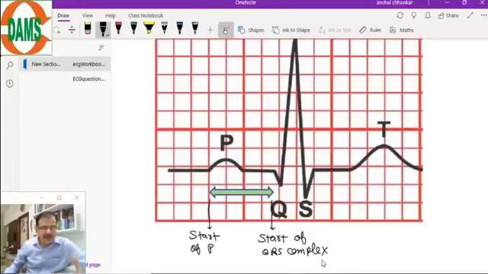And some of you might be asking, then why is it known as the PQ interval? Because in the QRS complex, the first wave is the Q wave. It is also a standardization that sometimes in the QRS complex you might not get a Q wave. It starts with the R wave only. So whatever is the starting point of the QRS complex, whether it is a Q wave or the R wave, that is the PR interval, just for standardization. So what is the normal width of this PR interval? Let's understand.